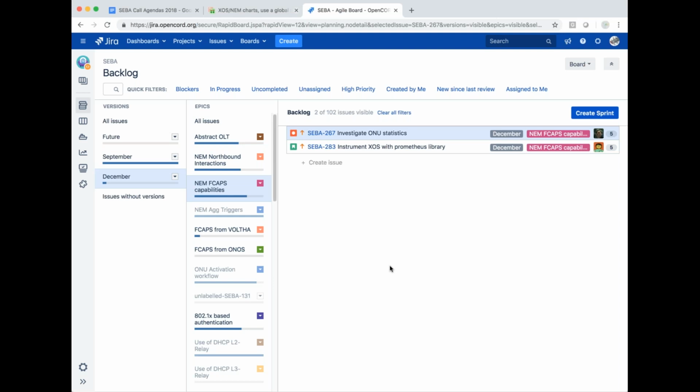So whenever OLT enable additional information, it will just automatically flow over. Yeah, so Chip defined a pretty good format that can contain a lot of information. So as long as the OLT adapters use Chip's library to publish whatever statistics they want, it will be automatically propagated to